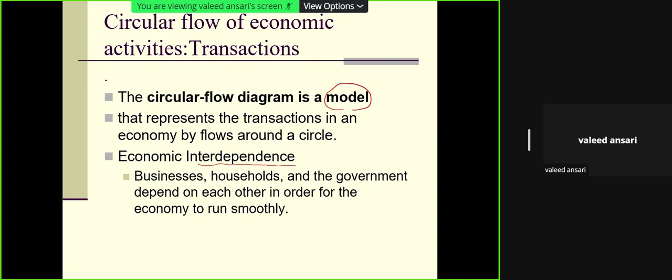And further, how various activities in the economy are linked. A certain activity is performed, then in lieu of the performance of that activity, a certain thing is provided, which we call the counter flow. So let us go through this, and then I'll come back to this point to explain it further.